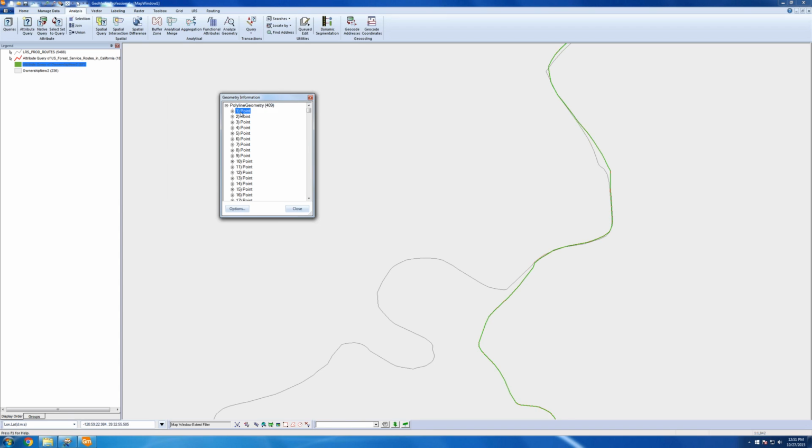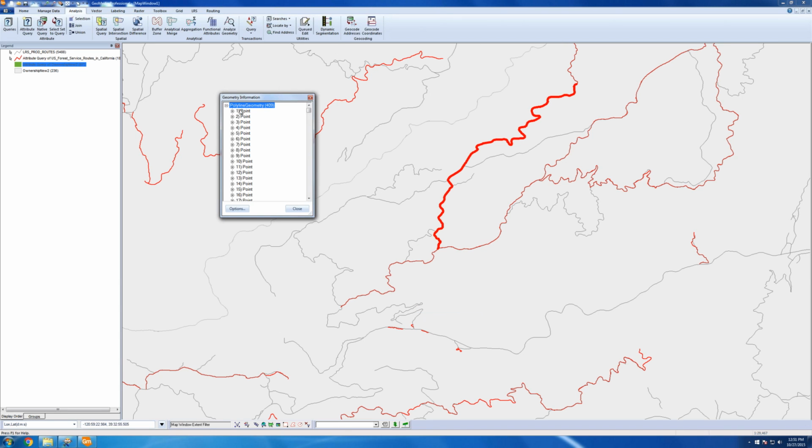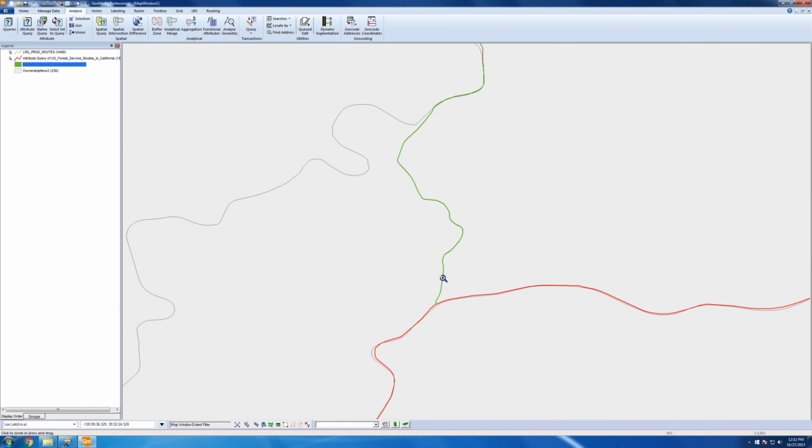This basically is telling you what are the actual coordinates of every point along the line, of every vertex on the line. So I'm gonna go to geometry information. All right, and see the red dot moving along as I scroll down. That's pretty cool. It's huge. Next thing I'm gonna do is